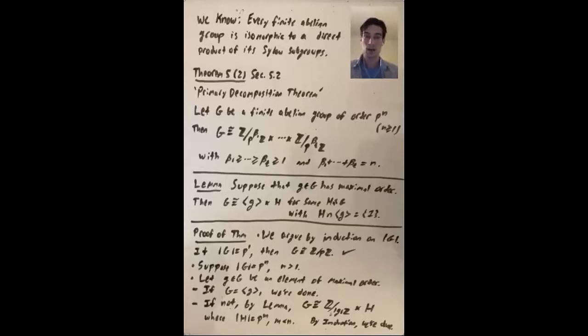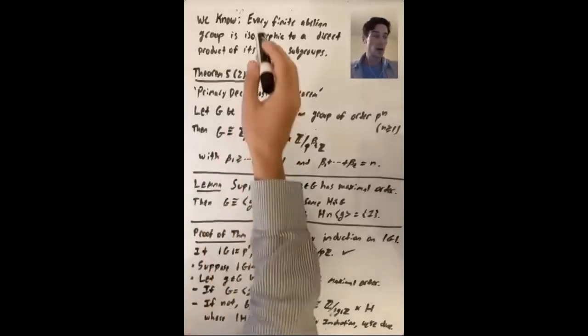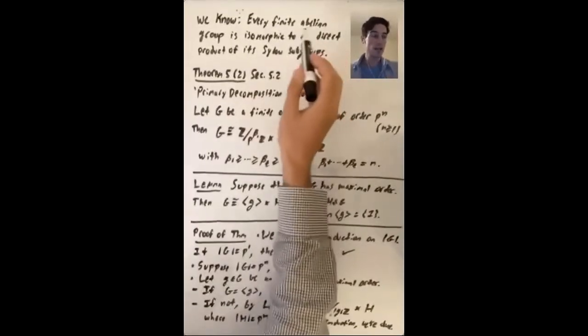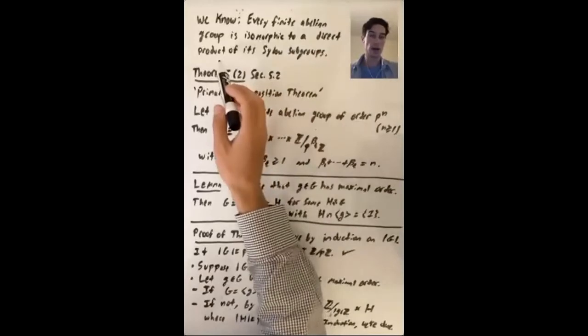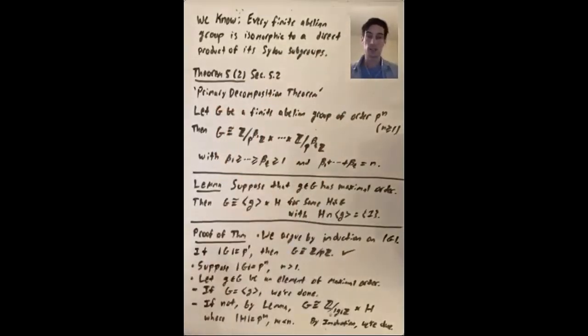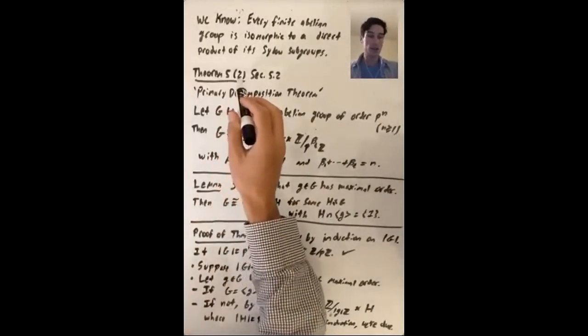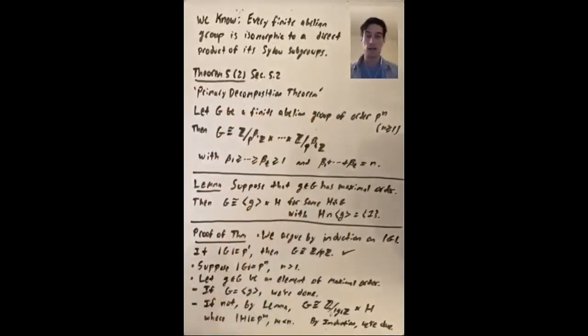So remember, we divided the primary decomposition theorem into parts. And we already know that every finite abelian group is isomorphic to a direct product of its Sylow subgroups. That's something that we proved when we were first talking about consequences of Sylow's theorem. So our goal is going to be to prove Theorem 5 part 2 in Section 5.2 of Dummit and Foote,